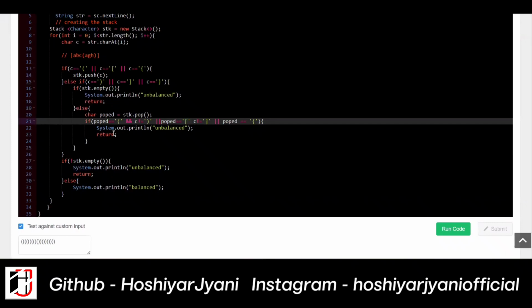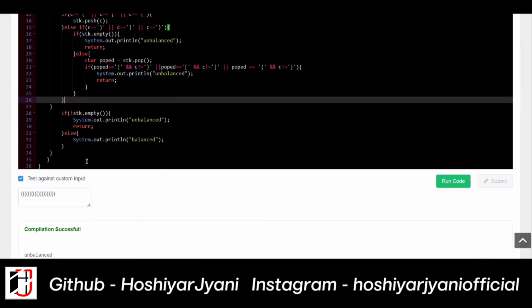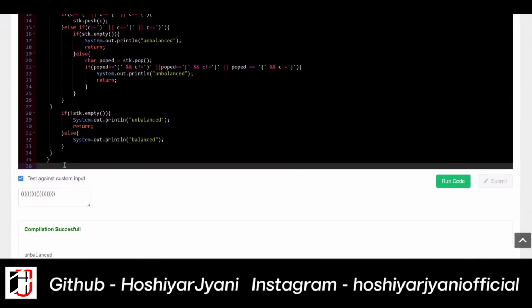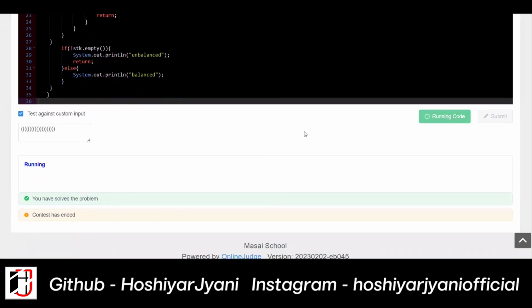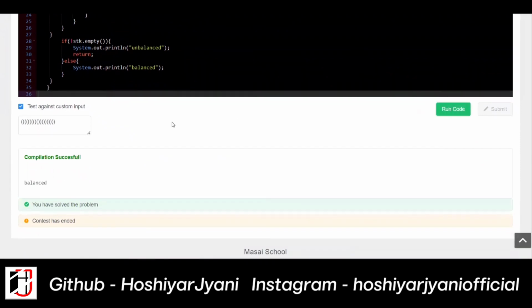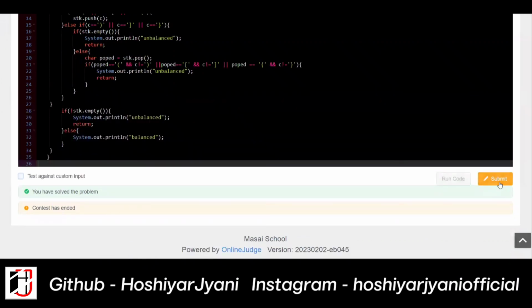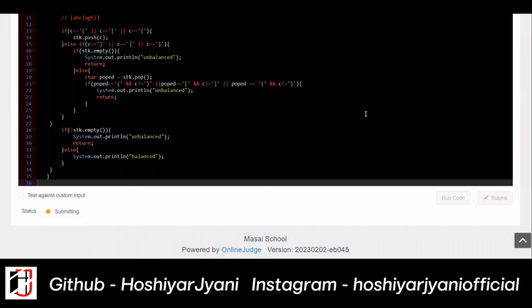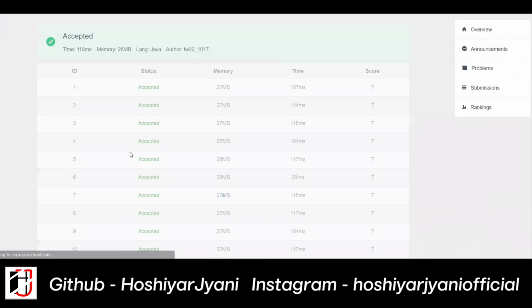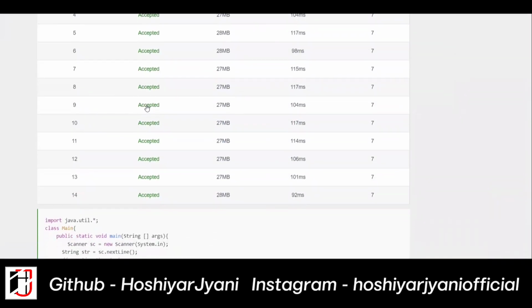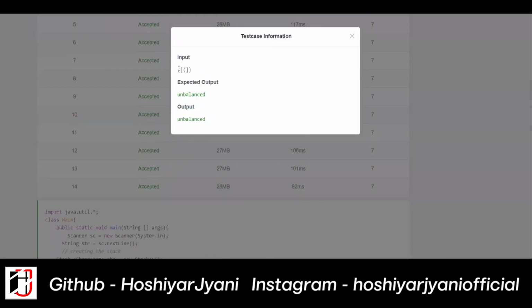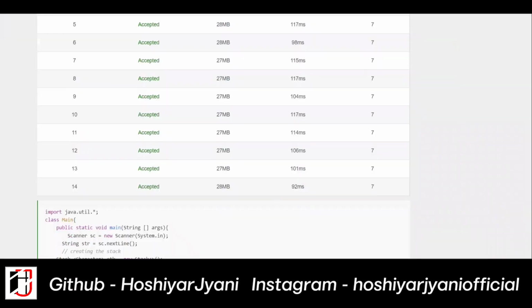We use the AND operators here, and at the last, by removing the bracket from here, our program is balanced. I run the code. So our program is finished perfectly, and you can see here all our test cases are passed. It may be different types, like this type of unbalanced. So guys,